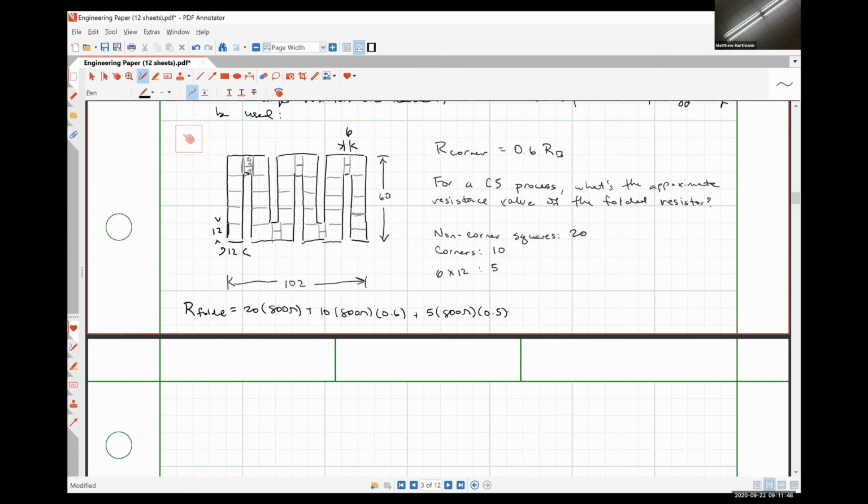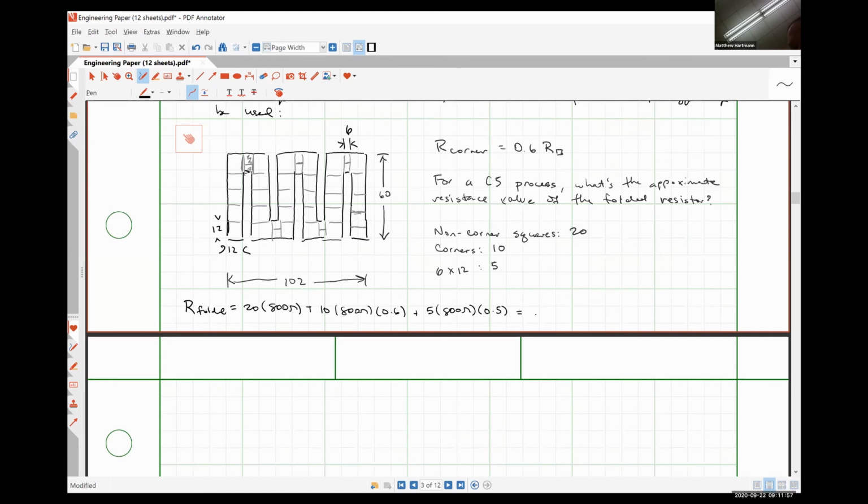So those are our 5 6x12 sections, where the 6x12 is 2 6x6 squares in parallel. And from this, we can see that we get a 22.8